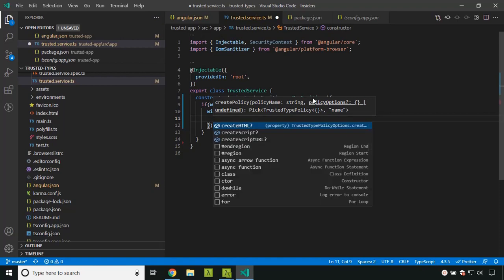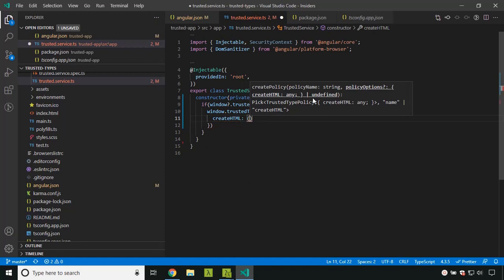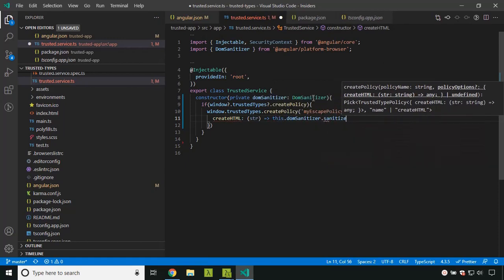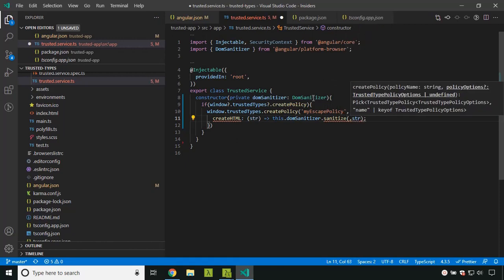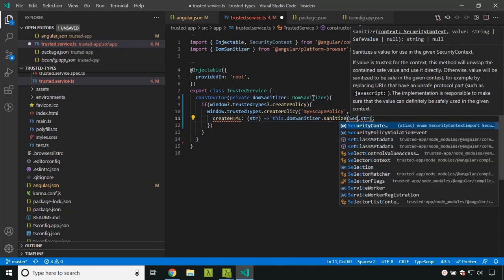There are three methods which we need to create. One is createHTML. This is mainly the policy for the HTML tags. Here you can pass any method that returns a string. What I am doing is calling this.domSanitizer.sanitize on whatever string is passed into createHTML. Here we can set a security context.